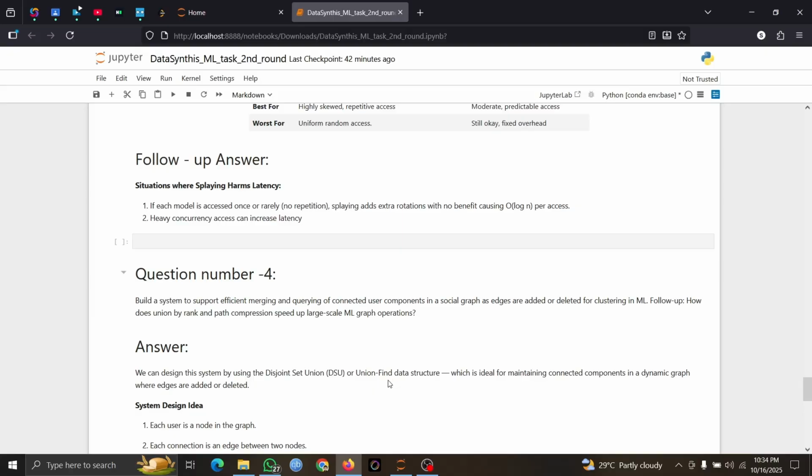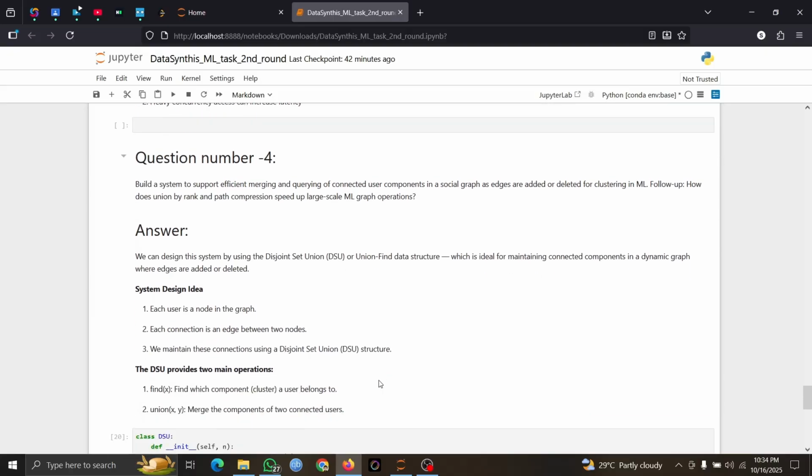Now moving to the fourth question, which is: build a system to support efficient merging and querying of connected user components in a social graph as edges are added or deleted for clustering in machine learning. There's also a follow-up question here: how do union by rank and path compression speed up large-scale machine learning graph operations? Well, first of all, in order to build